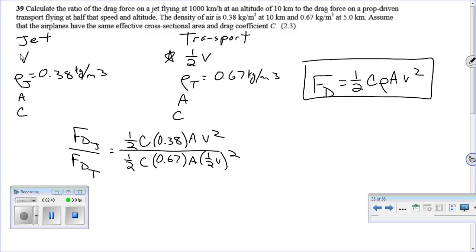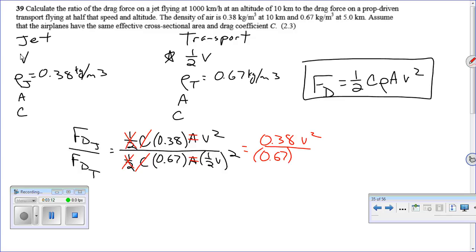And cancel stuff, right? So let's see. We've got the same coefficient. These 1/2s here cancel. We've got the same areas. The velocity squareds are going to cancel, so let's do this. So now what we've got is 0.38 v squared over